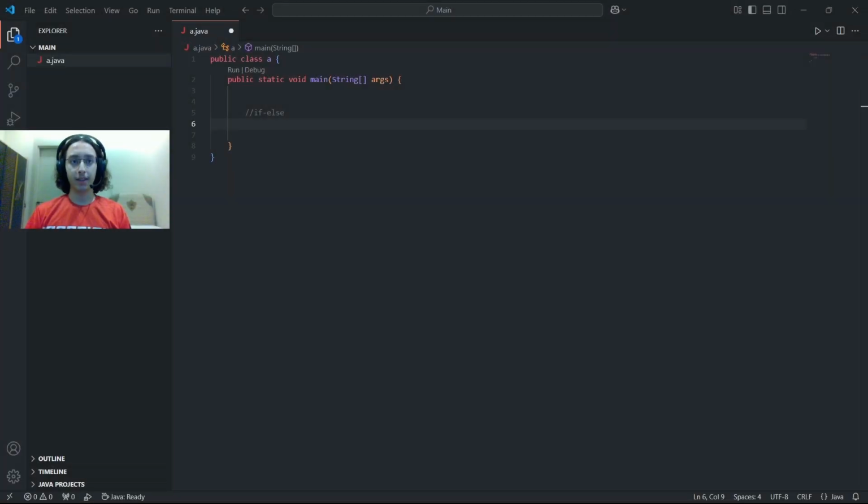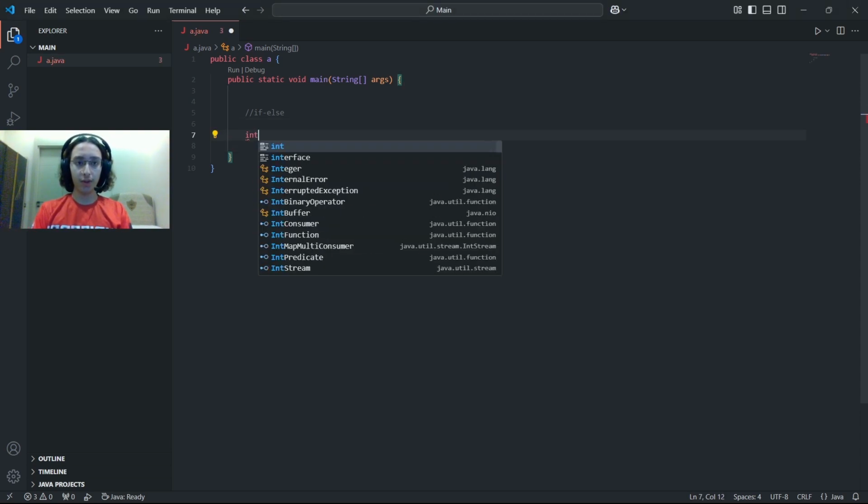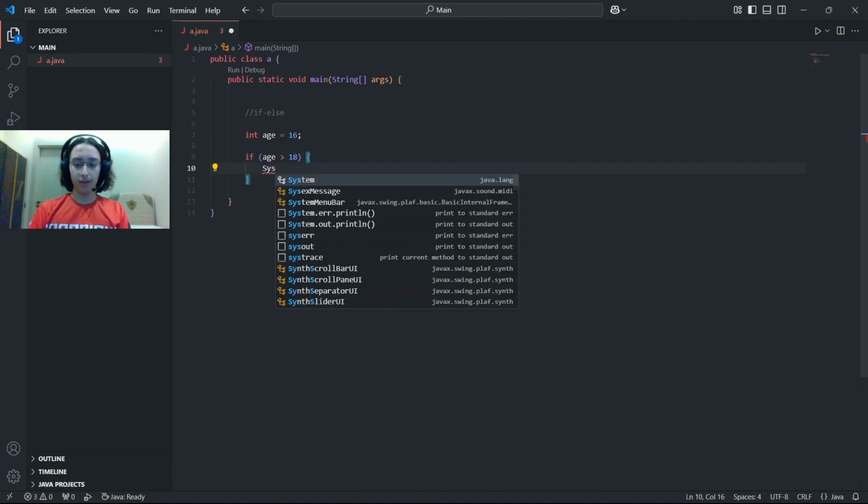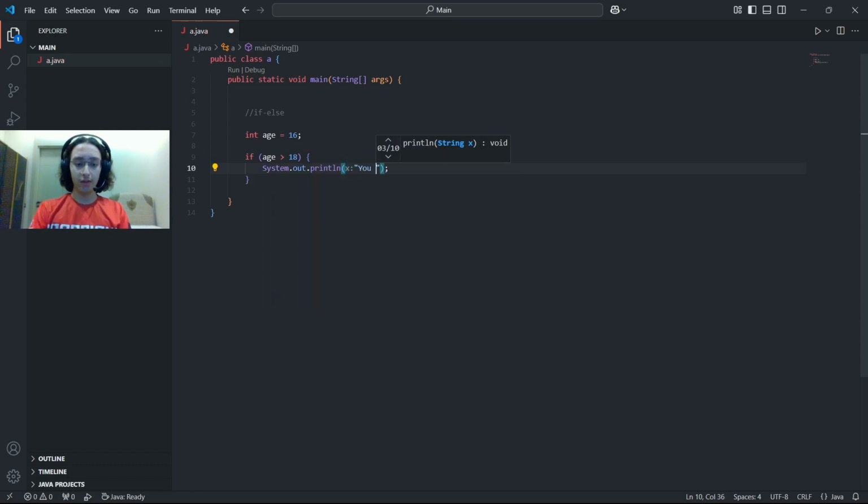Let's continue with if-else. The if-else statement allows us to make decisions in our program based on a condition. Let's create an example program that checks whether users are adults based on their age. We have to first create an age integer variable, my age is 16. Then we will write if age is bigger than 18, just write you are an adult. But if it's not,